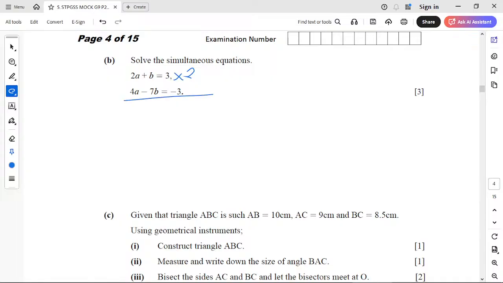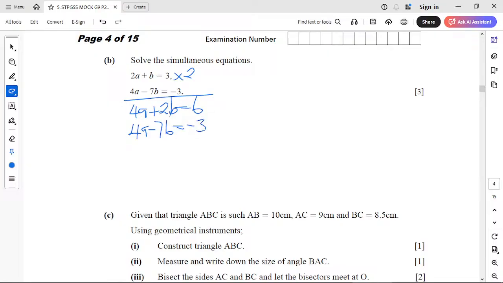Okay, so when we multiply that, we have 2 times 2a will give us 4a. Why am I doing this? I want to get rid of one variable, either a or b. I've chosen to get rid of the variable a. That's why I'm multiplying by 2. Then plus b times 2 will give us 2b, which is equal to 3 times 2 will give us 6. Then I'm going to write the second equation down just the way it is,